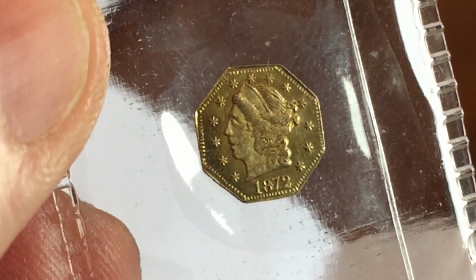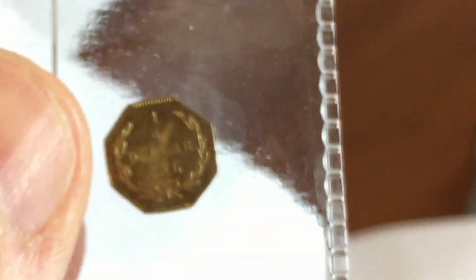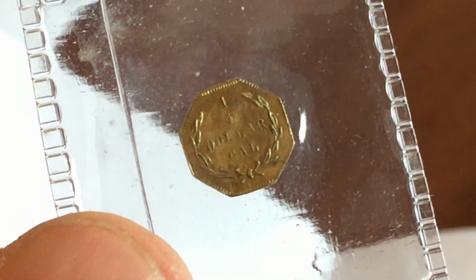This one looks to be very slightly more sophisticated and less folksy in its minting. The stars round the outside of the obverse are a little bit more defined and there are more of them. But I think the folk style that these coins are minted in, a semi-amateurish kind of way,